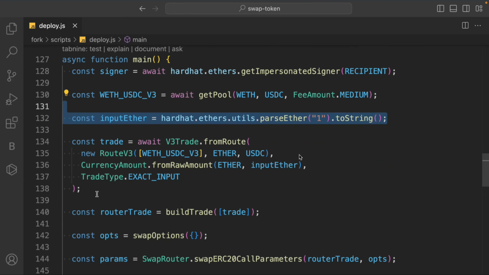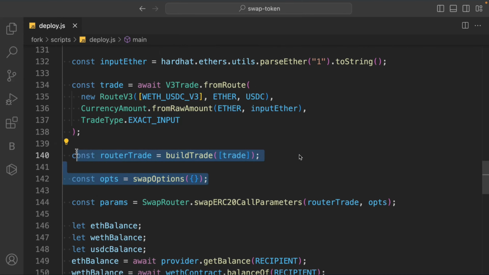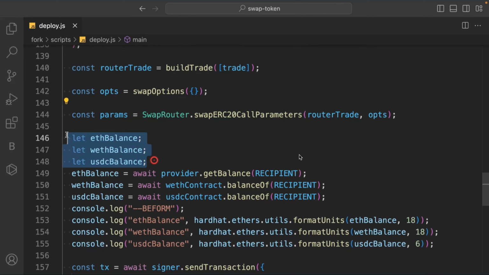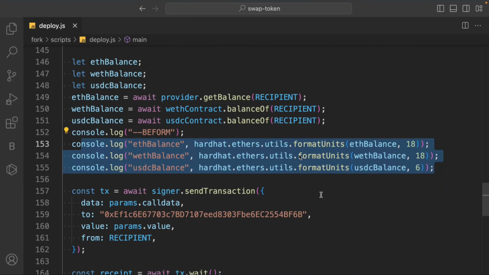And here we have the trade exactly the same. Here we have the build trade, swap options, here we have the params, and here we are simply console logging all that. So I have taken this ETH balance, and here we have this WETH balance and USD balance, and that's what we have taken in our front end, token A, token B. So it's exactly the same. We are simply console logging the address, the balance of the token,